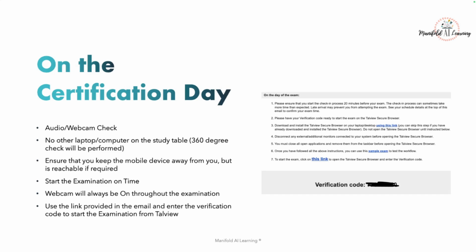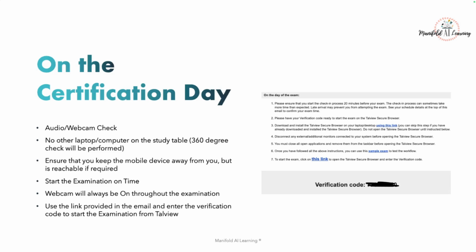Once you launch this link, since it will close all the windows, you cannot come back and switch windows. You'll have to make use of your mobile where you have taken the photograph of the verification code, or if you have noted it on a sheet, use those sticky notes and type the verification code there, because unless you type that verification code, the examination will not start. These are some of the practical tips that I'm sharing with you, because this is what I've faced, and this approach has really helped me.